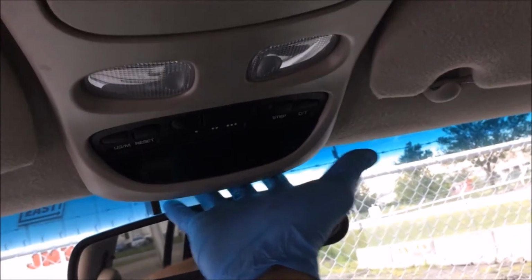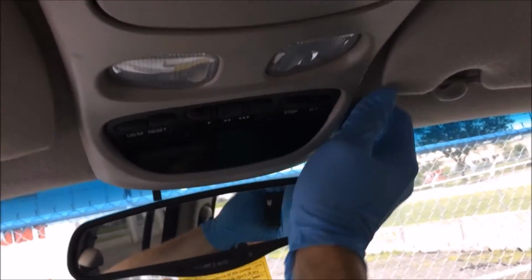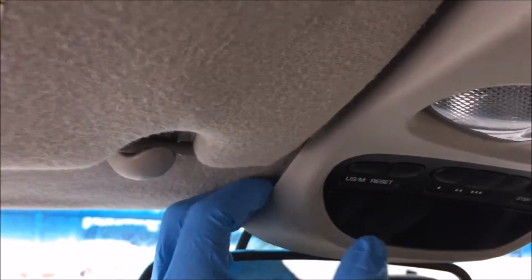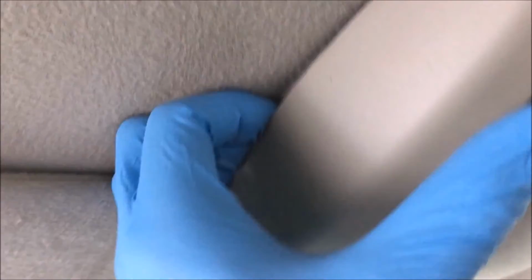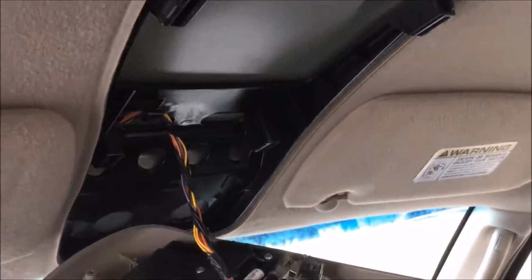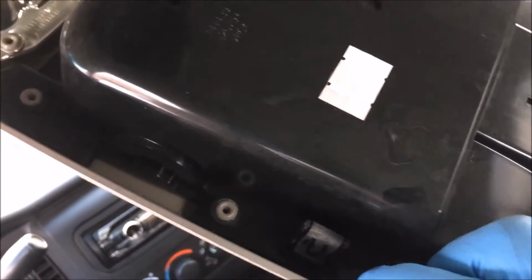Grab the front of this here and just kind of work around the edges, and there's one. Come back a little more. Actually, I'll probably do this one over here. There's 2. There's the other 2. Kind of hard. You gotta put a little muscle into it and try not to break it all at the same time, but this is just what holds it in right there, 4 of those. But now you can get to your lights,